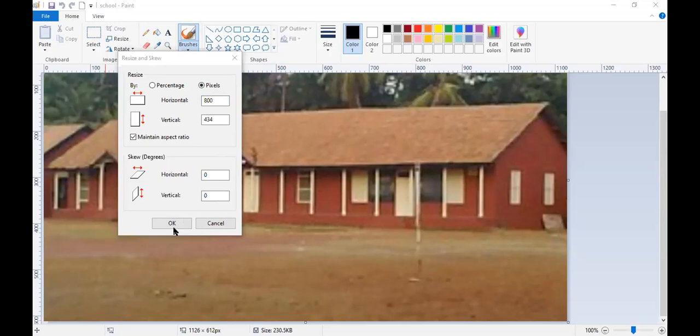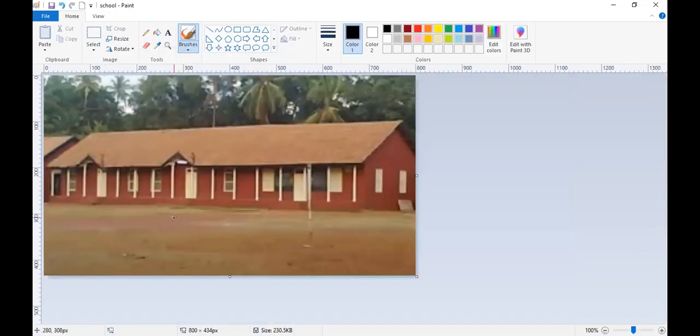So I click on the OK. When you click on the OK, the size of the image will get reduced. Can you see the size of the image is reduced? Here you can see the size: 800 is the width and 434 is the height. So here we get two things, height and width. Note down this width and height, 800 and 434. These two things we have to apply in the image tag. We have to specify the size for the image. So this is your first step, to find the width and height of the image.